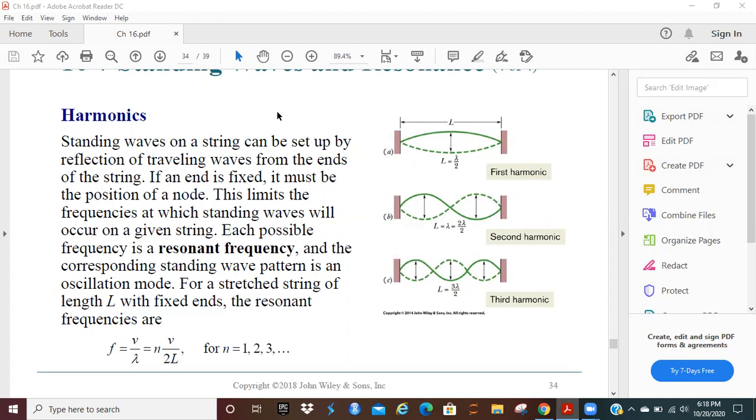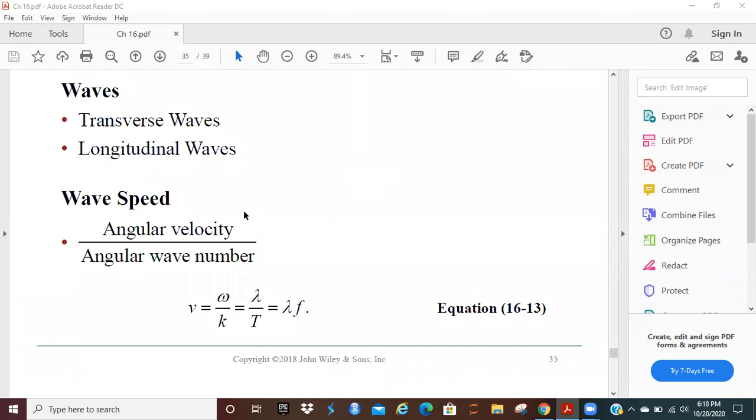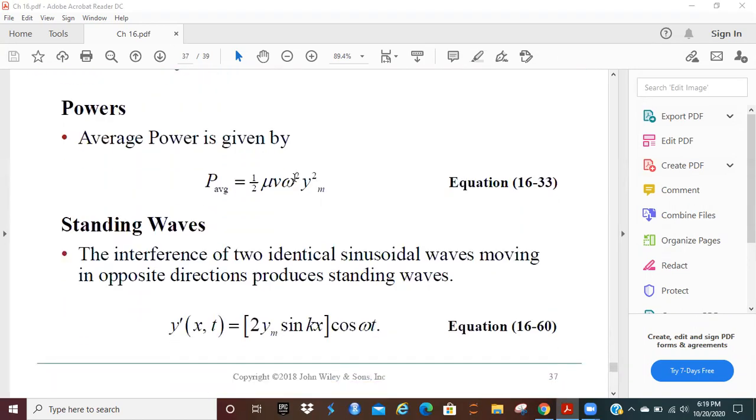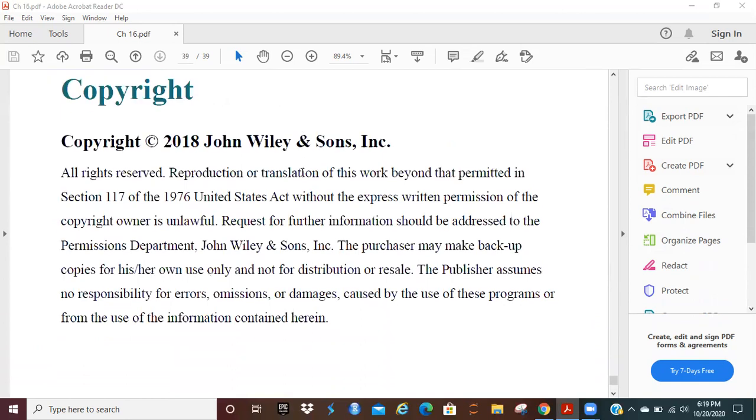That's fine. I was actually getting fairly close here to concluding this particular lecture. I was discussing waves. Matter of fact, I just pretty much hit the end here. I'm going to go through all of these here for everybody to look at. So, tell you what, let me go ahead and stop the recording because I was just going through the